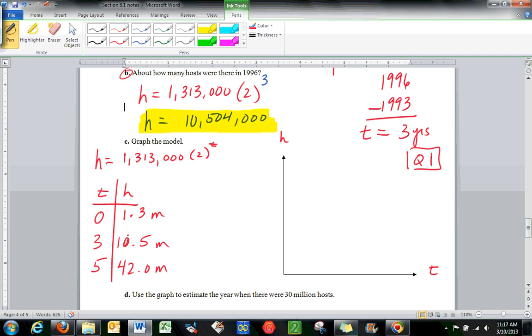Now, here's where we get to the tricky part. If you remember working in word problems back in the first semester, when we were given a blank graph like this, we would have to create our own scale given the values in our t-chart. And so for years, I just need to start at 0 years and just simply create the best scale that I can